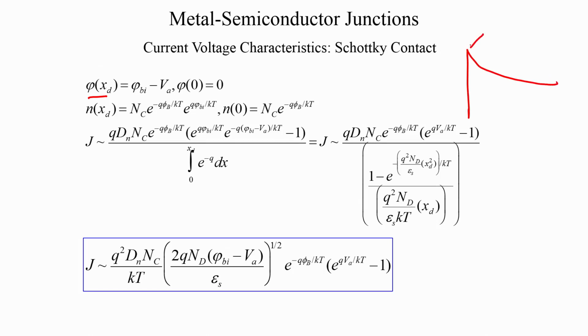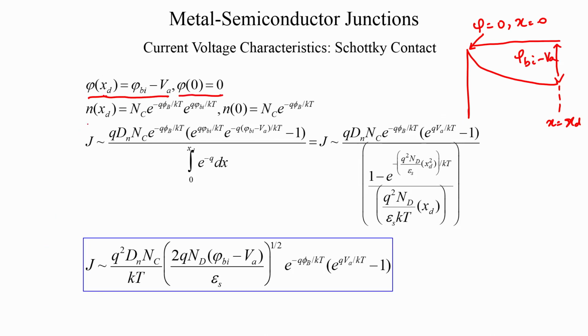We had earlier referenced the potential at x equal to 0 to be 0. So, that was our reference, and at x equal to x d we had our built in potential minus V a, because we have now applied a bias voltage V a. So, it is phi b i minus V a. The potential at x d is phi b i minus V a, the potential at 0 is 0,